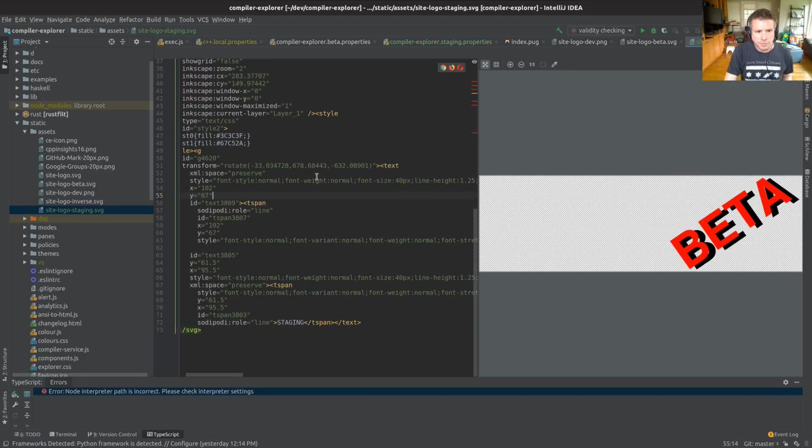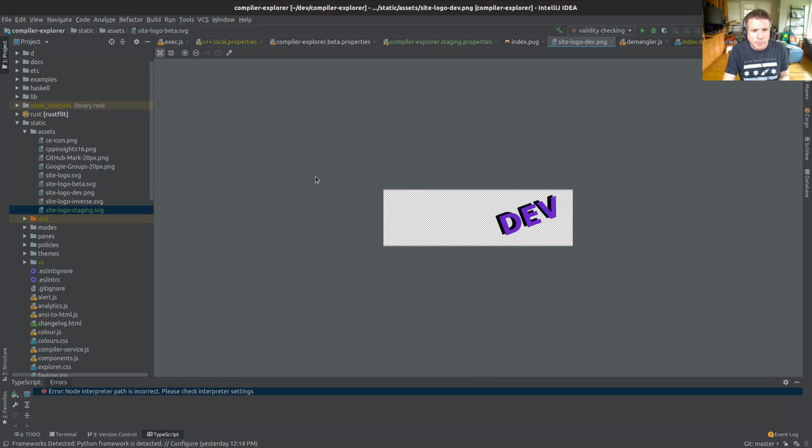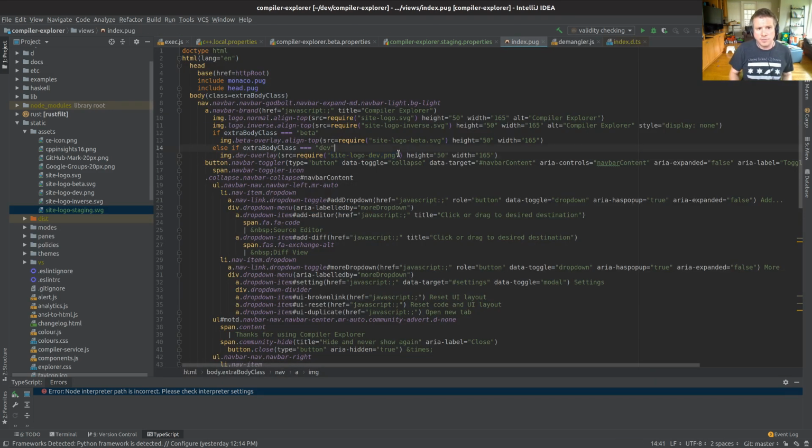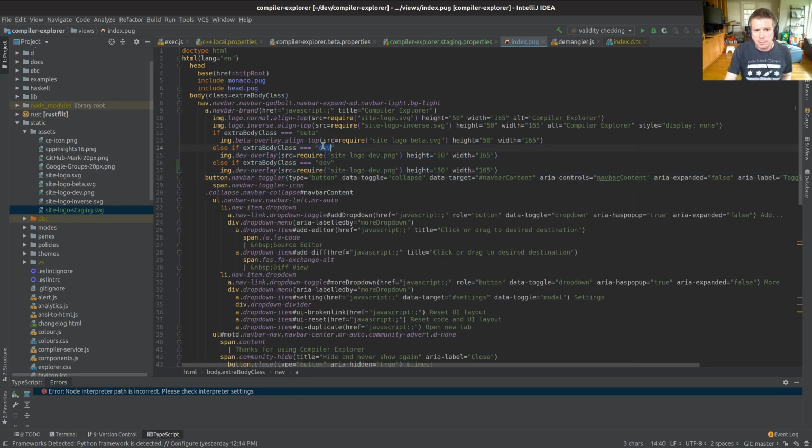I guess I should finish the thought that I had over here first of all. Let's get rid of him, and her, and you. And then this chap needs to be... Let's put staging. Staging. I can't type. Staging.svg because we made it very careful. Dev overlay, yes. I wonder if we need this dot align top as well. I'm guessing we do. Oh, this is beta overlay dot align top. I'm going to also call this beta overlay just because, and then we'll come back to that.